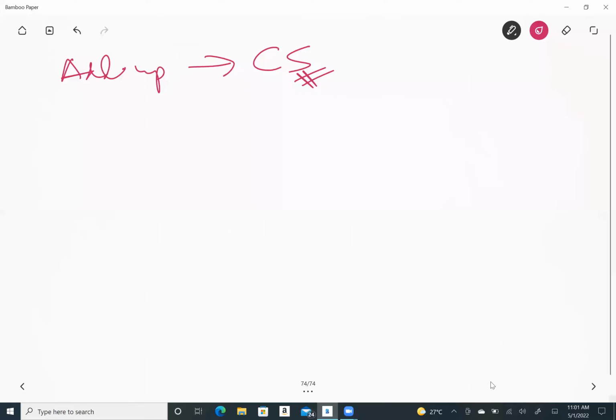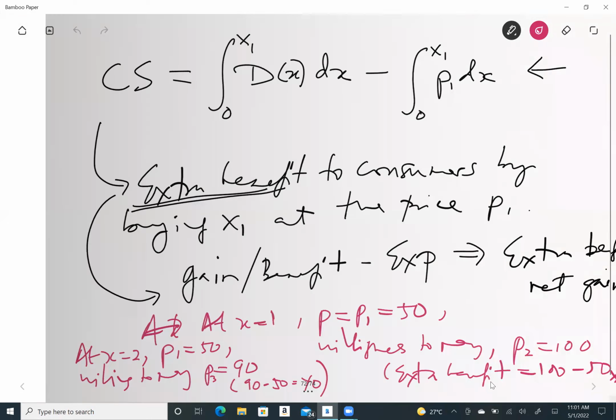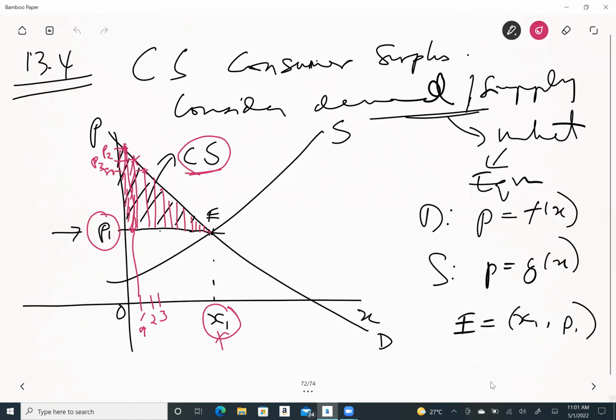Okay, all right. So suppose we look at the example again. I just want to make it some numerical value. So let's say the X1 here is